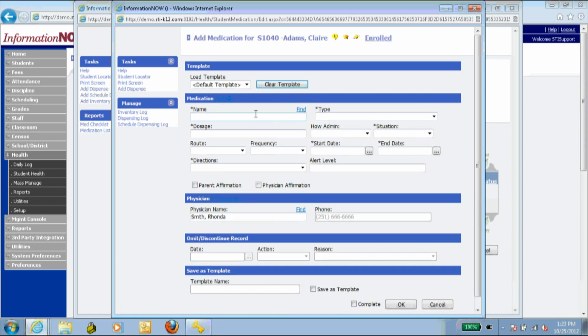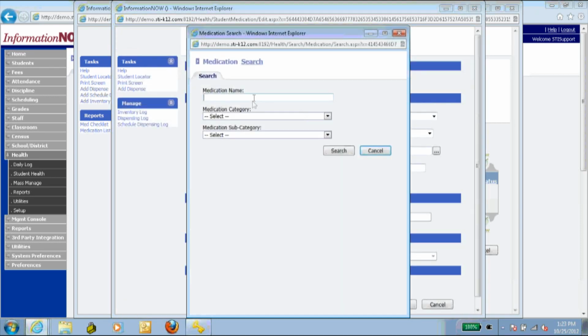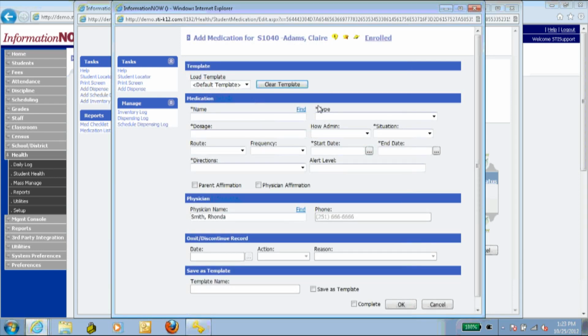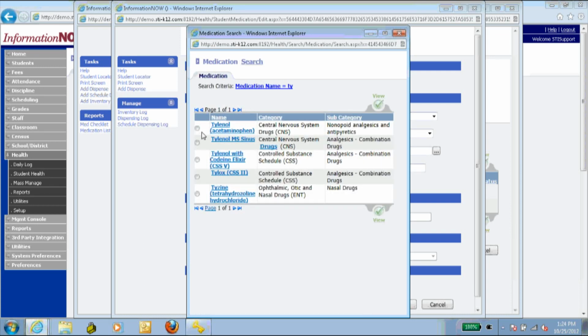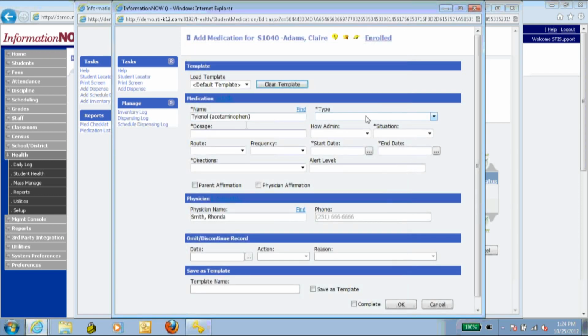Again, don't type anything in here because it won't work. Hit your find button. Search for the medication. That didn't work. I might not have Tylenol in here. Yeah, I do. Okay. Type, we'll say non-prescription, dosage, 200 milligrams. We can say self-administered, as needed,